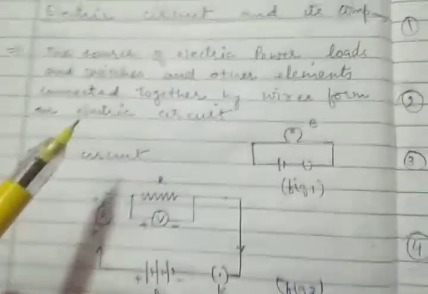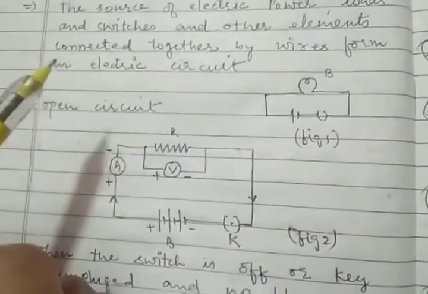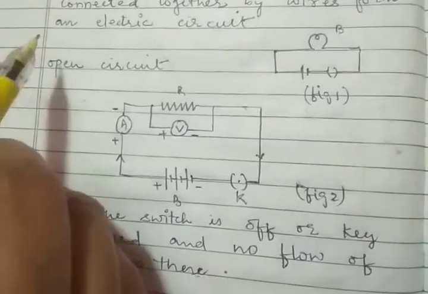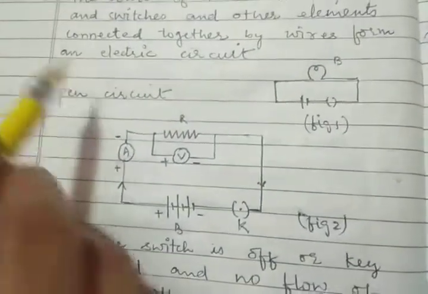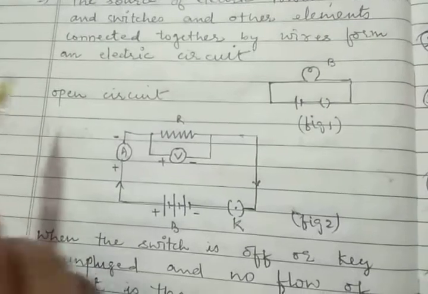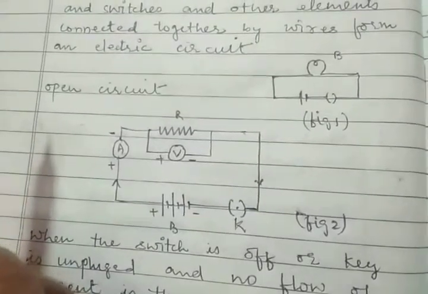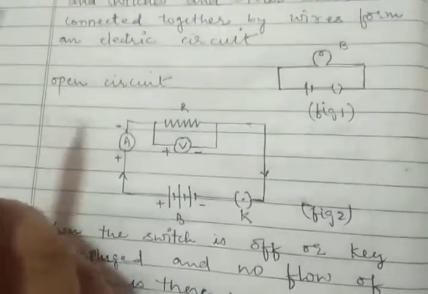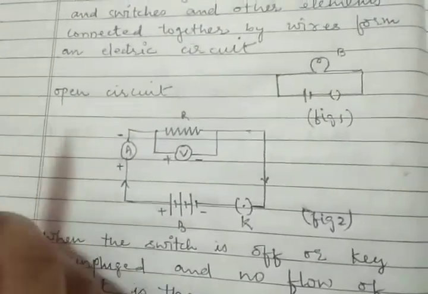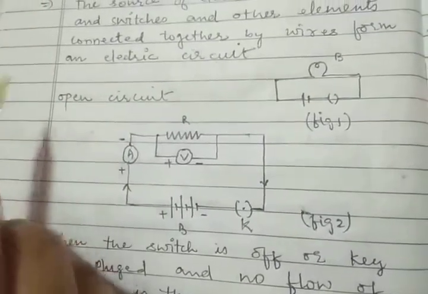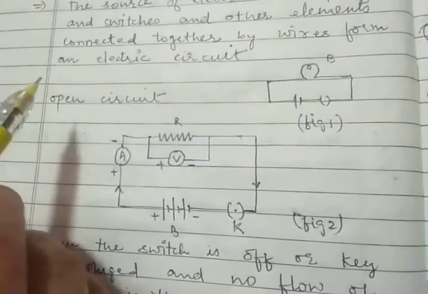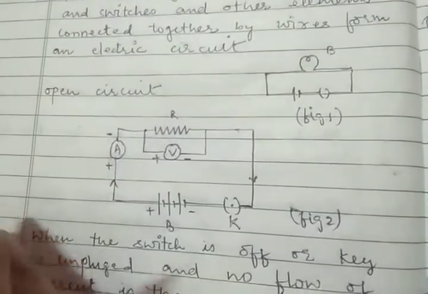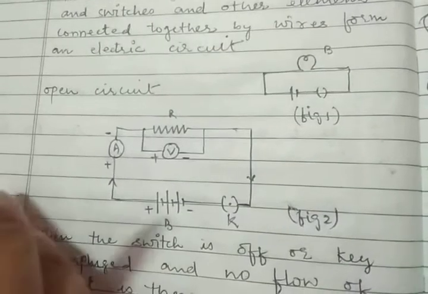In order that electricity flows through the loads, the current is always passing through some load, that is the resistance or these devices. These devices should be connected through wires and should be connected to the power supply, because the power supply is a must. To switch on or switch off the devices we need a switch, that is a key. All these components collectively are known as the circuit components.